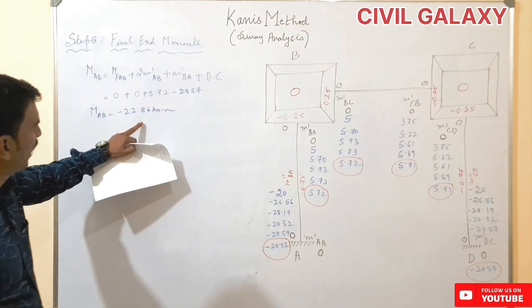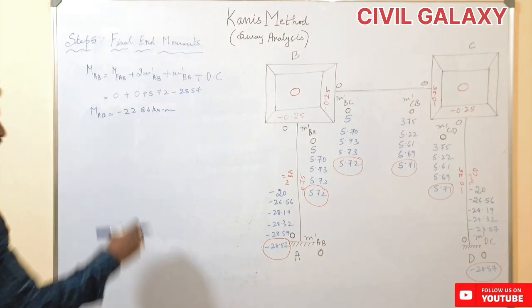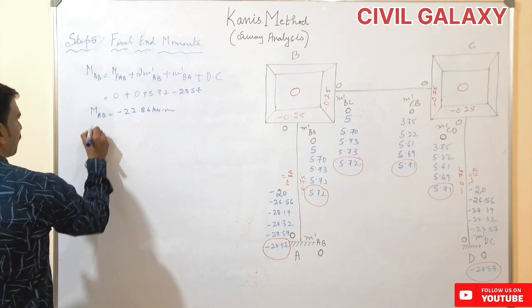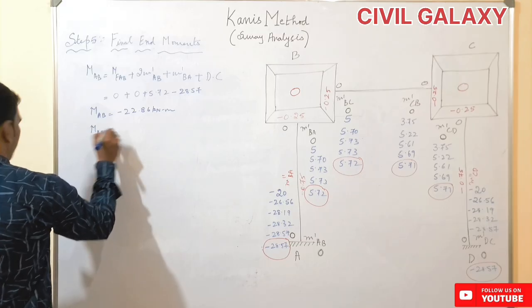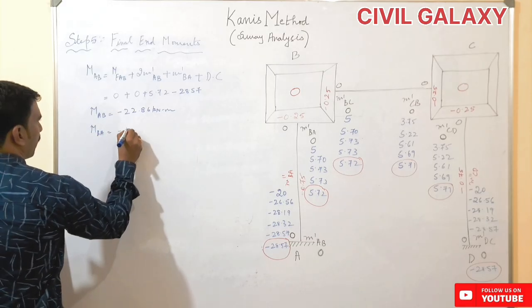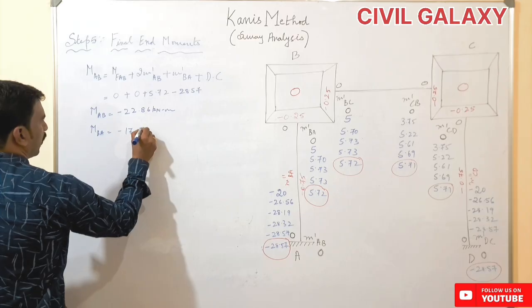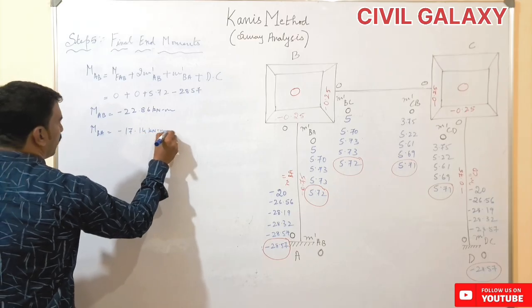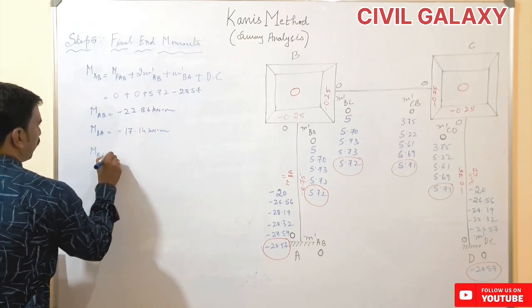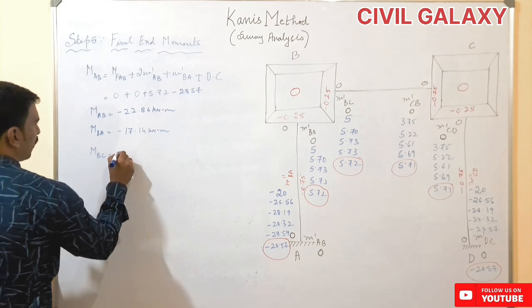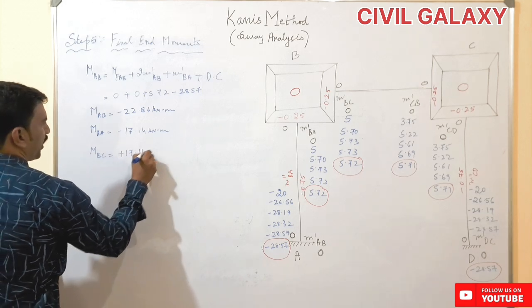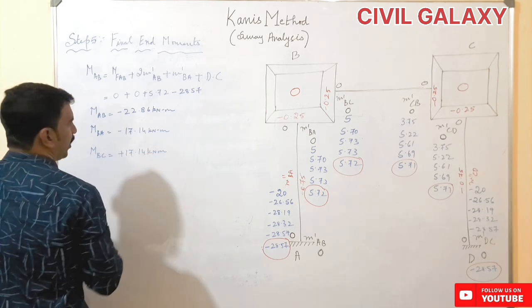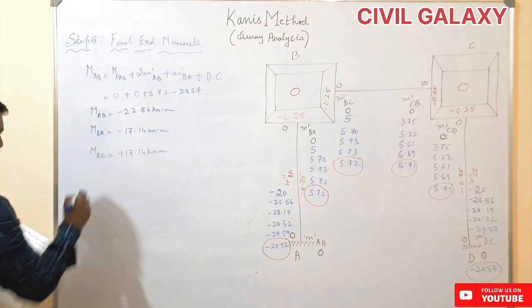Similarly, I have calculated all the values. I will just go on writing here. So final end moment from B to A will be equal to minus 17.14 kilonewton meters. So final moment from B to C will be equal to plus 17.14 kilonewton meters,